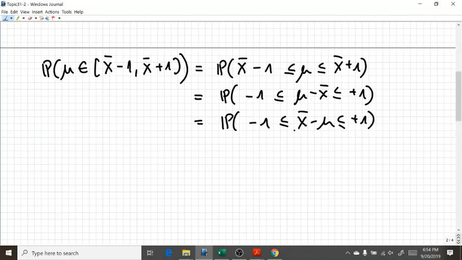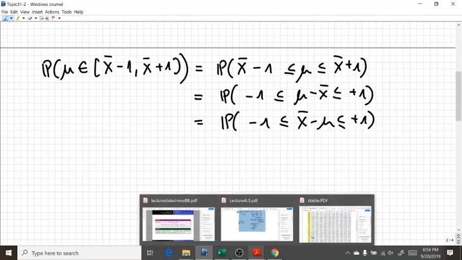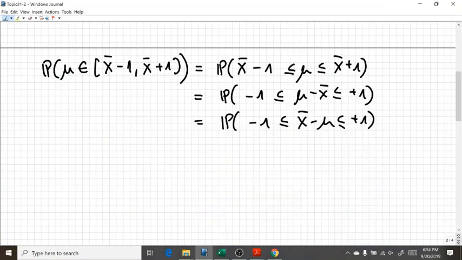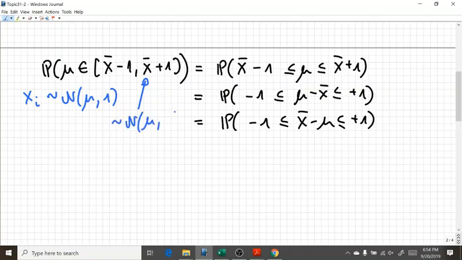And now, I know that the xi's are normally distributed, and from this proposition, for a normally distributed random sample, I actually have this nice result that x bar is also normally distributed, and the standardized version is also standard normally distributed. So, to summarize here, I have that the xi's are normally distributed with mean parameter mu and variance equal to 1. So x bar is also normally distributed with mu as mean parameter, and variance, since n is equal to 4,